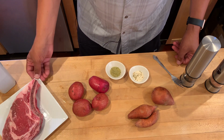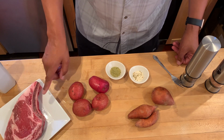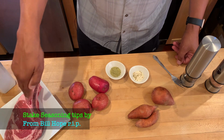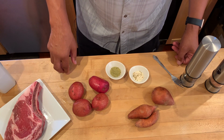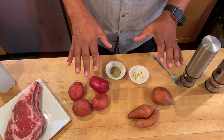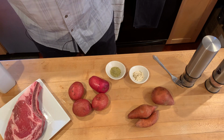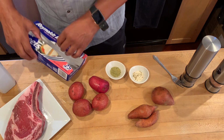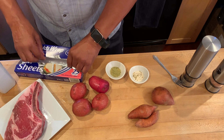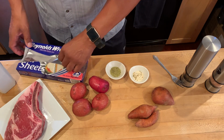And the star tonight was going to be a dinner, that is, not of the show, but a ribeye. Lisa and I will share that. We'll probably only eat half of it, and then we can make steak sandwiches or steak salad later. In this little segment, I want to show you one of my favorite ways to prepare both potatoes, the sweet potatoes as well as just the bakers. And just a sheet of tinfoil. I'm going to wrap the